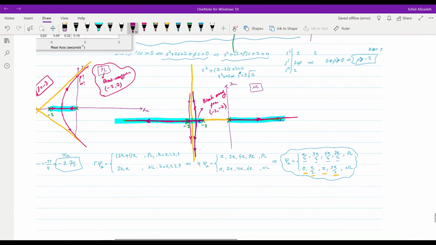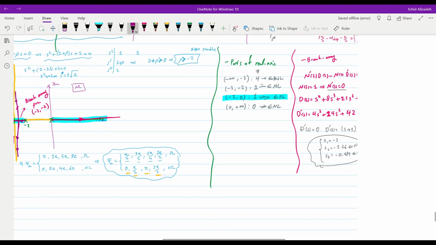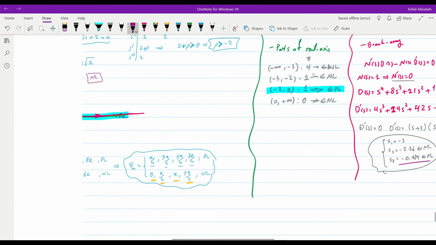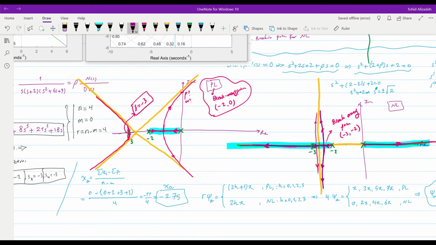For the positive locus, the breakaway point is at minus 0.634, and it should be somewhere around here. So we will have one branch coming here, the other branch coming here. Then they will depart the real axis and move towards infinity using the asymptotes. The only remaining thing over here will be finding out the value of rho or